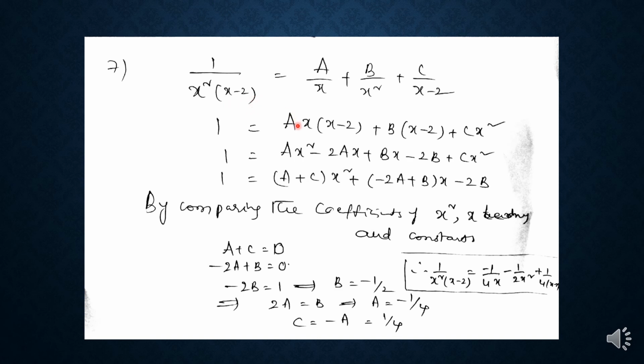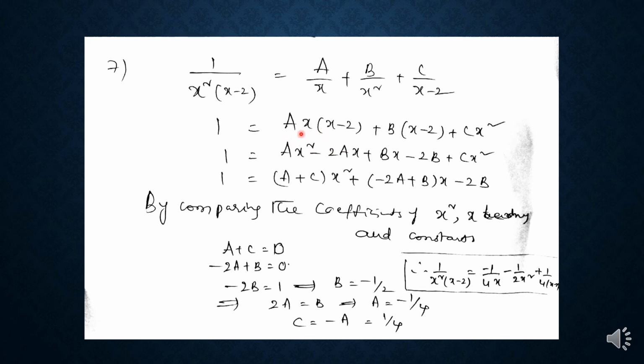By putting x is equal to that value, we will get only one constant value, but we have to find the values of a, b and c. For that we will do like this, by expanding all the terms and writing the terms together, splitting the terms as x square term, x term and constants. By comparing the coefficients of the x square term, x term and constants on both sides, we will get some equations. By solving those equations, we will get the values of the constants a, b and c. For that, see this one.